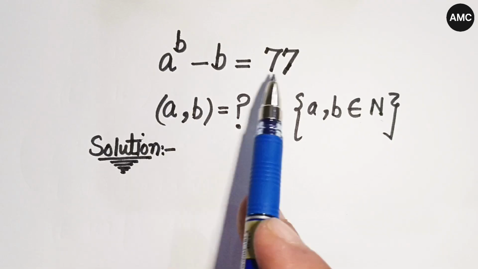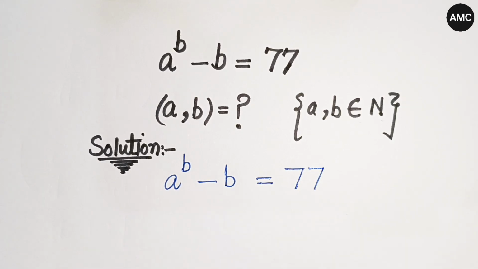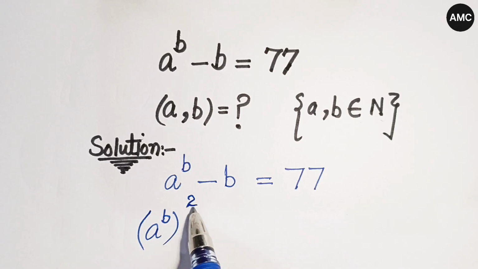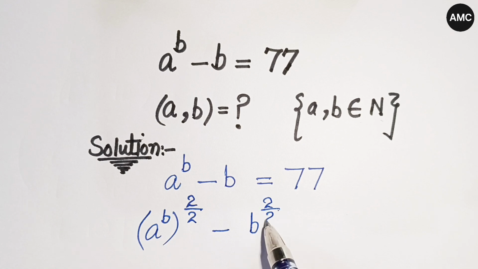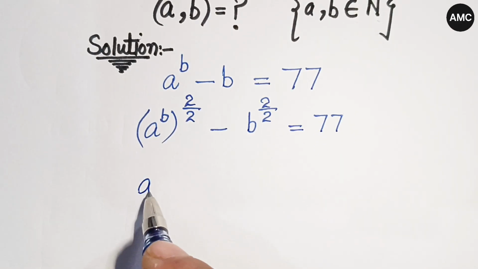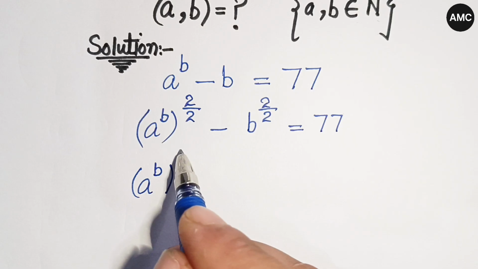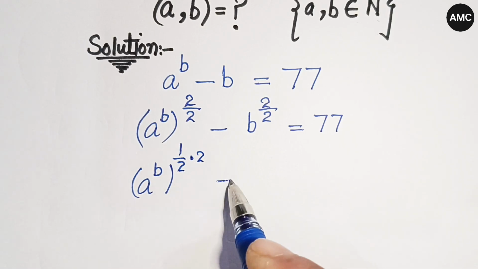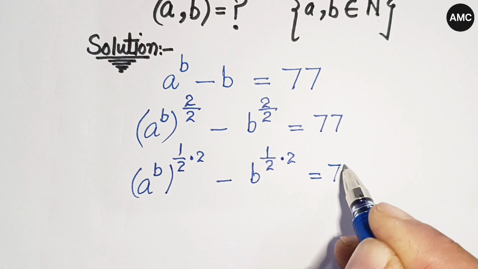Now solving this equation here, that is a to the power b minus b is equal to 77. Now if we write a to the power b whole to the power 2 over 2, the 2 can be cancelled out, we get 1, and there is no difference here. So this minus b to the power 2 over 2 is equal to 77. Now a to the power b whole to the power 2 over 2 can also be written as 1 over 2 times 2, minus here b, doing the same step, 1 over 2 times 2,